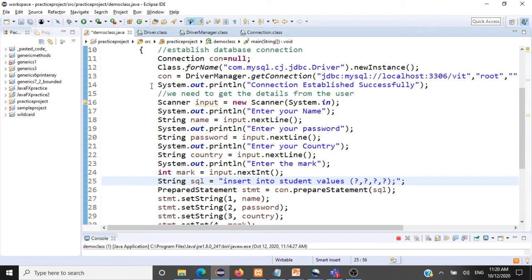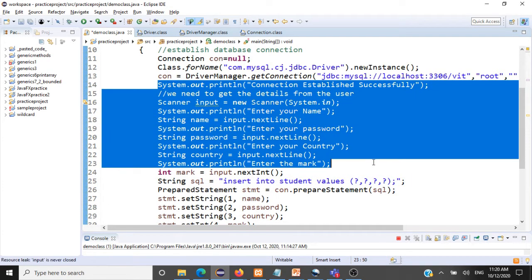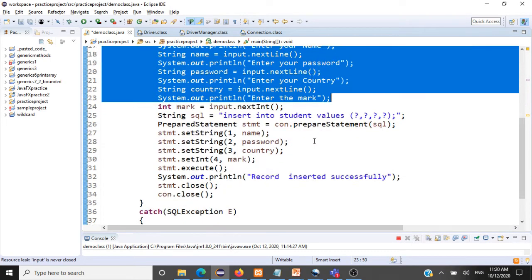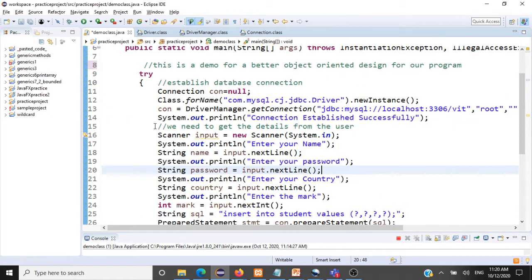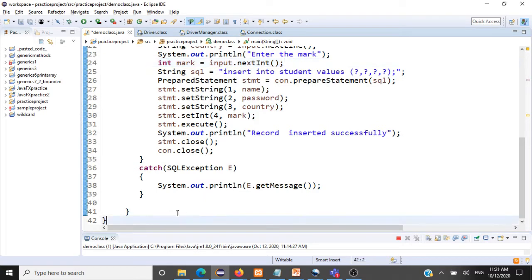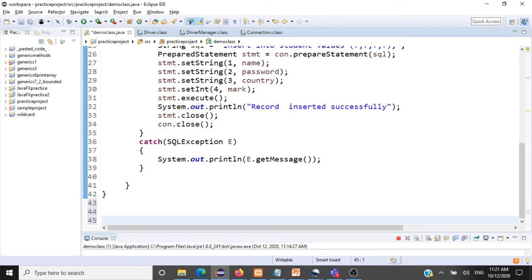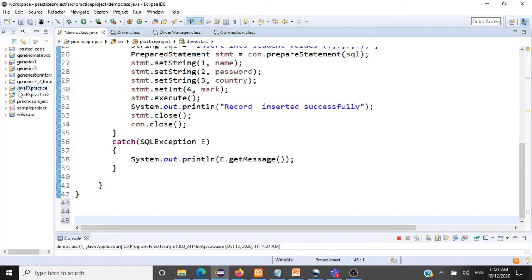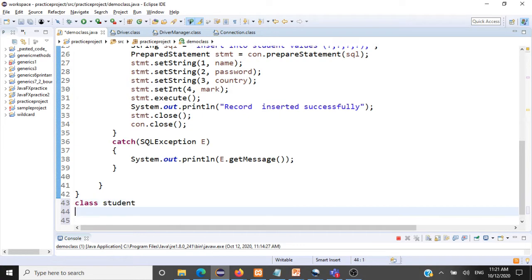The very first thing is we are talking about a student. So a student itself is an object, right? We have many students, and all these students share the same attributes or data members. So we need to have a class for the student. We don't have a student class at all, but we are talking about a student. So the very first step is to create a class for the student. Let me minimize this. Let's create this class Student.